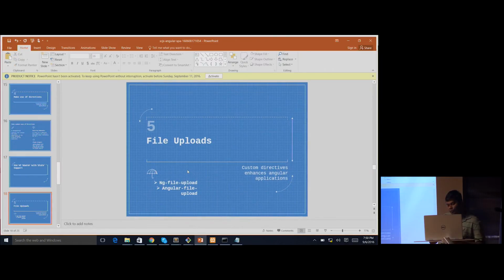So again, for file upload, there is a library called ng-file-upload, and Angular file upload. It's a very easy mechanism to use. All it takes is just 2 or 3 lines. I included this because file upload is a common part of many applications, and it's also one of